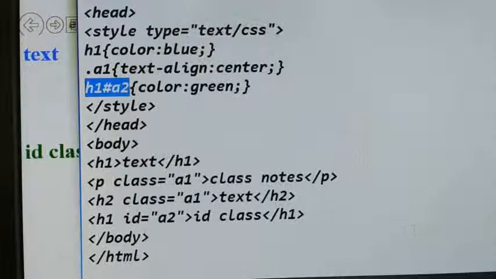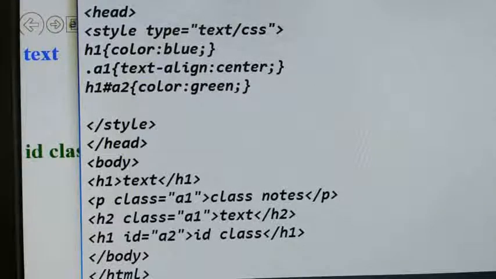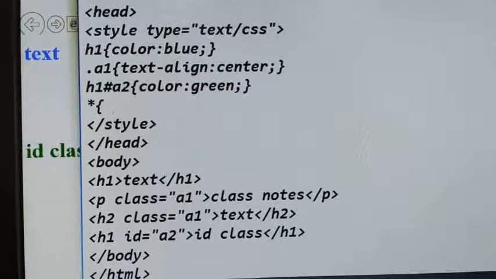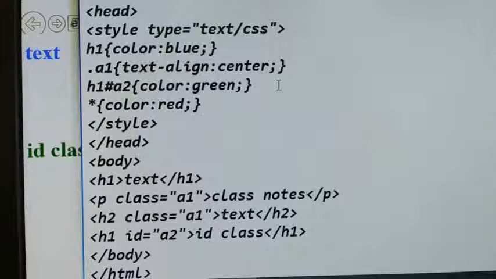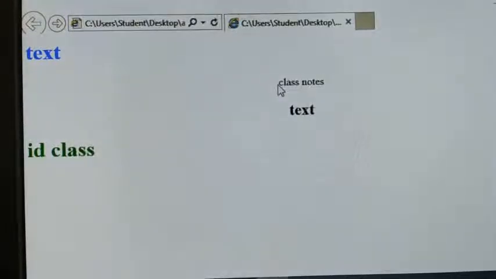Okay, now you can use one more, the universal selector. Asterisk, color red. Save it, come to the browser window, refresh it. So see here, red color.